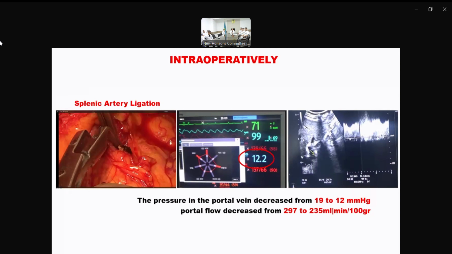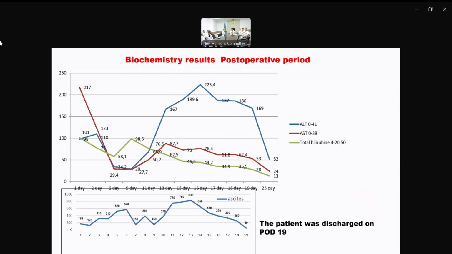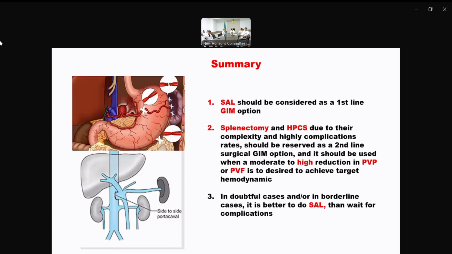In the postoperative period, biochemical analysis returned to normal on the 14th day after LDLT. The patient was discharged in satisfactory condition on the 19th day after LDLT. Splenic artery ligation should be considered as the first-line GIM option. The second, splenectomy and hemiportal caval shunt, due to their complexity and high complication rates, should be reserved as the second-line surgical GIM option,